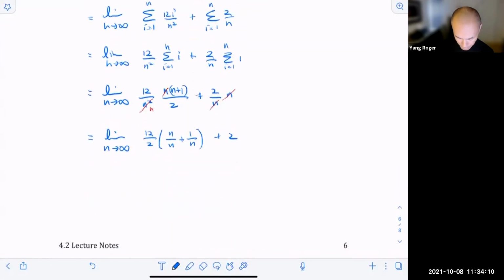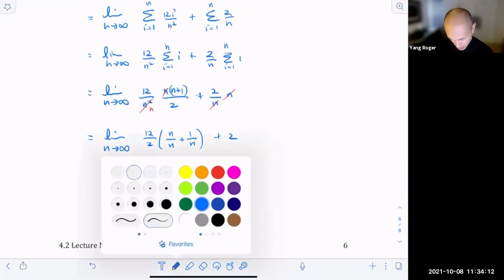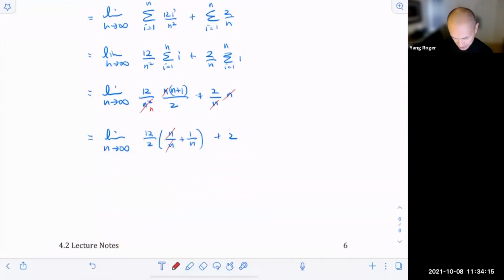So what do we notice? We notice that the n and the n cancel each other out, right? We got the limit, we got 1 over n, so this is going to 0. So in the end, this part here is 1, right? So in the end, we get 6 times 1 plus 0 plus 2, we get 8 units squared. Those of you that